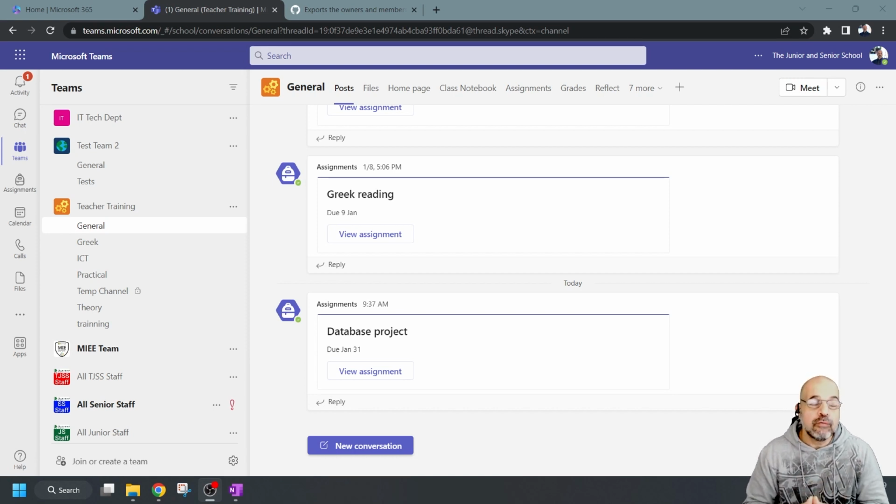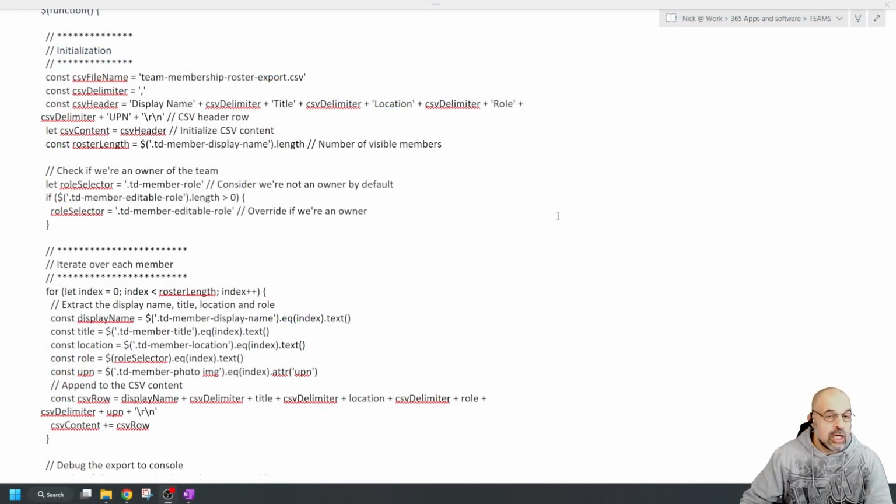So first of all, you're going to need a copy of this code here. Now, you're not going to do anything with this code. Let me just open that up. There we go. So that's the code you're going to need. Now, I suggest you actually copy paste this code. The whole code is going to be in the description below, but I'm also going to add the link to